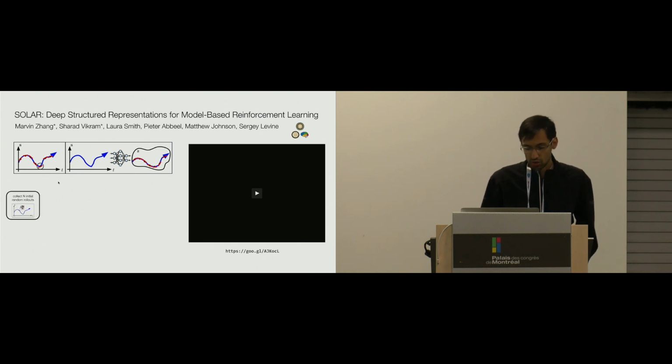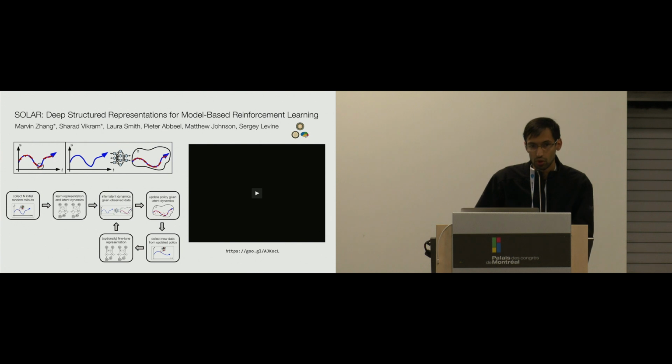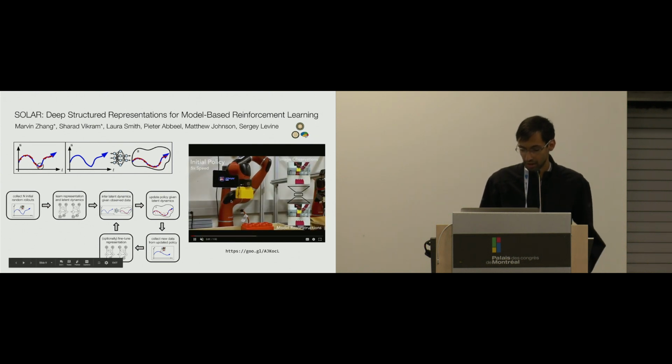Our approach is to first collect a bunch of data using a random policy. We then fit a variational autoencoder with a Bayesian linear dynamical system prior, and the hope is that this prior helps old-school control methods work better. We then go into the traditional RL loop where we fit a local dynamics model and iteratively update our policy until we've solved our task.